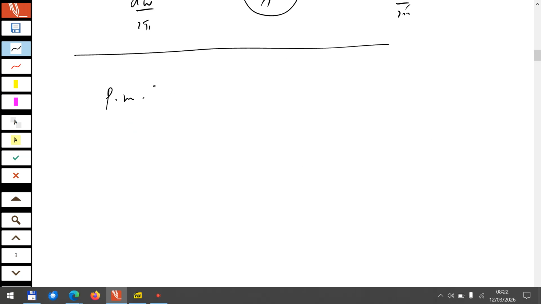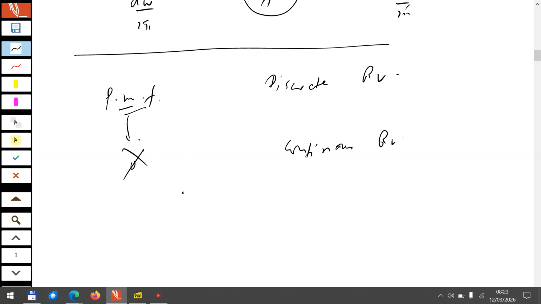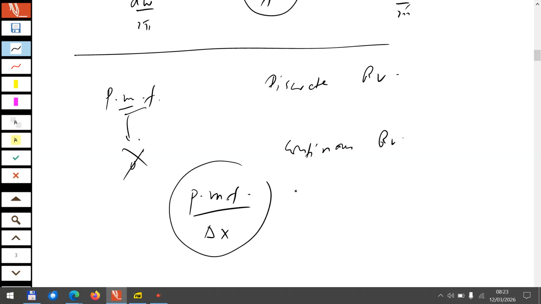You started with PMF, but PMF requires a discrete random variable. And when you want to deal with a continuous random variable, and you try the PMF idea for that, you get zero, everything becomes zero, right? Because there are infinite number of points, so you cannot assign non-zero probability to every point. So you have to assign zero. But you do the same trick there. So stop looking for PMF, but divide the PMF by some interval, and you get a density, and that is